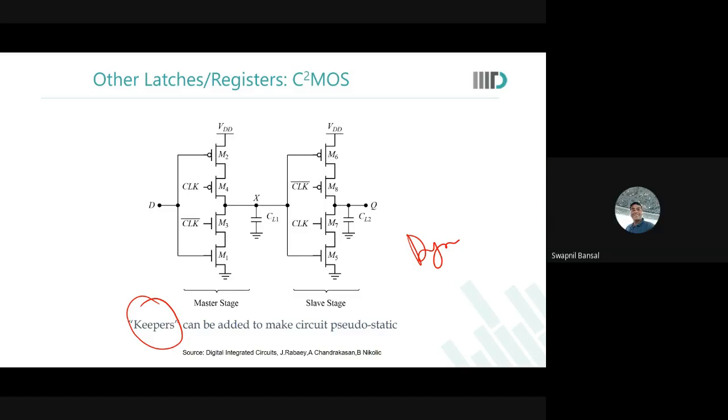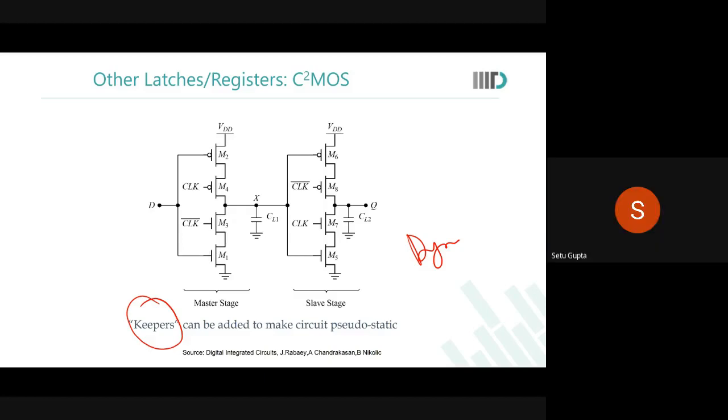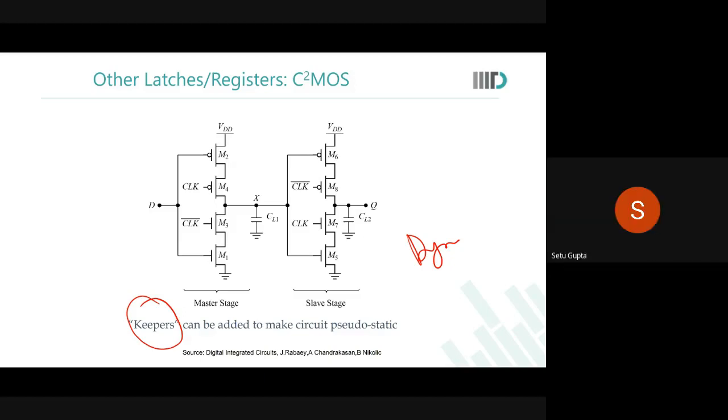Okay. So keepers essentially, as in you are just having a feedback kind of a tri-state which was restoring that level. Nothing else. In fact, you will probably need to have a positive keeper and a negative keeper both. आपको NMOS और PMOS दोनों तरह के keeper चाहिए होंगे. आपको full inverter ही लगाना पड़ेगा शायद. Okay. So this is a flip-flop, right?